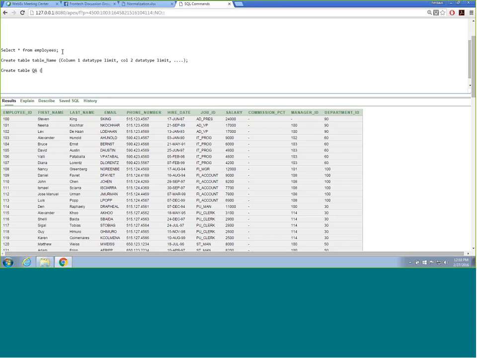So the first column, like over here, employee ID. Let's just call it ID. So our first column, I want to be the ID column, and ID is usually a number, right? So our data type will be number. So people who are not familiar,